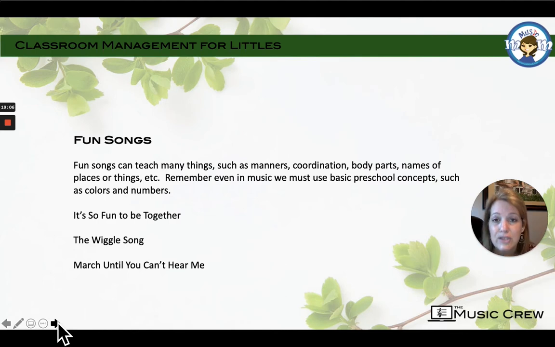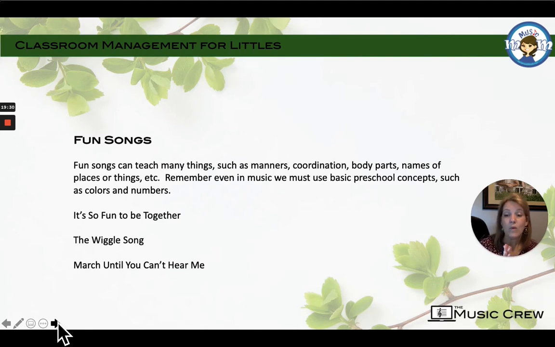And you forgot to check that it was a full moon. That's right. It's happened to all of us. Okay? That's what these fun songs are for. When someone is getting frustrated sometimes in class, maybe they snatched a scarf away from someone else, I'm going to deal with that. I'm most definitely going to deal with that.